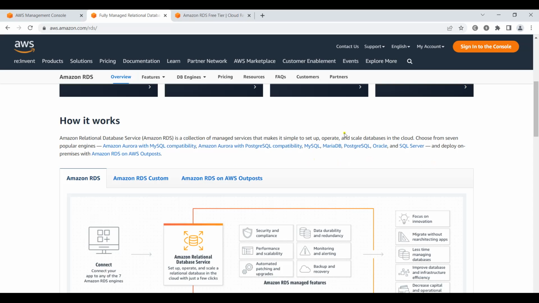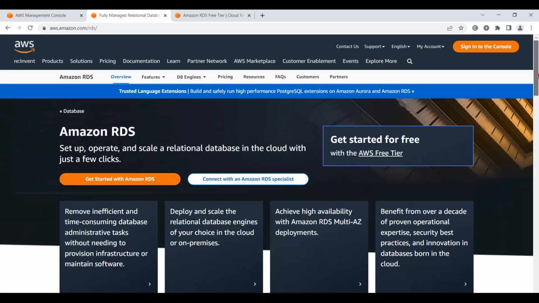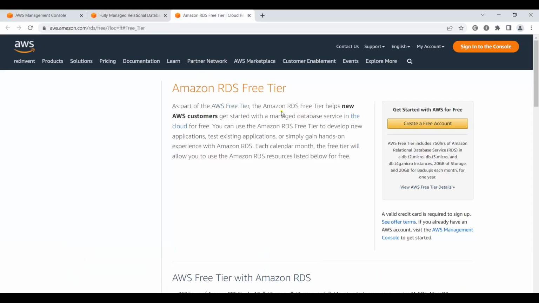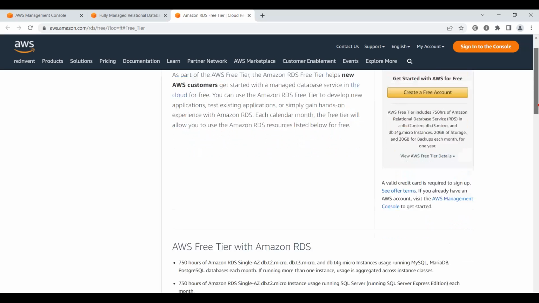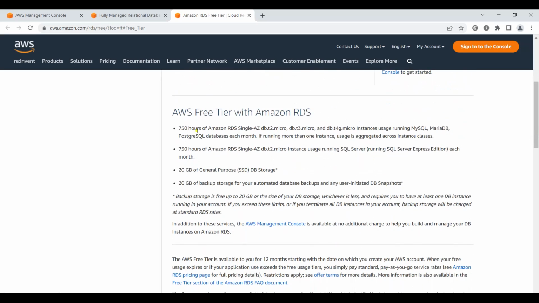We will use MySQL. Also, when you are using AWS services, you should have an account in AWS. And when you create an account, there will be a free tier for 1 year. Now, for Amazon RDS, if you go to the free tier, you can see as part of the AWS free tier, the Amazon RDS free tier helps new AWS customers get started with managed database service in the cloud for free. And this is the free tier, 750 hours of Amazon RDS in a single